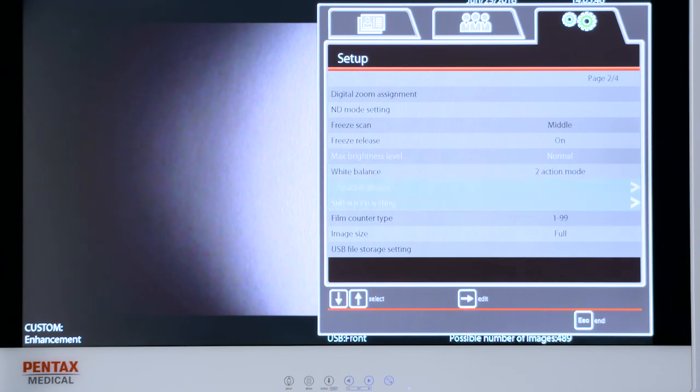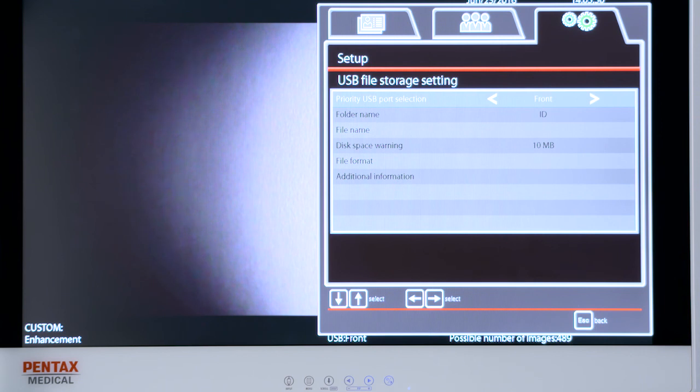The next setting is the USB file storage setting I would like to explain to you. Here you can, for example, choose the USB port, the front one or the one at the rear panel. I have chosen the one in the front, and the USB stick is already attached. And what is really nice is that you see here the possible number of images that can be stored on